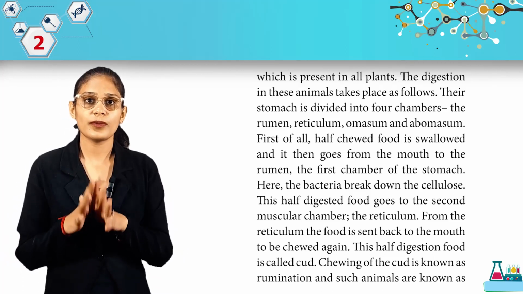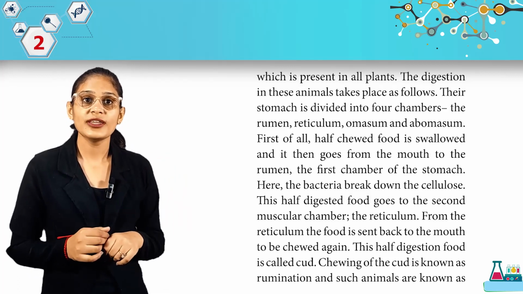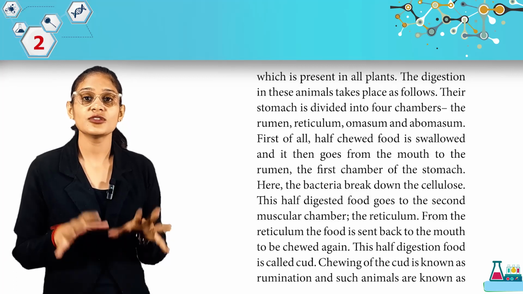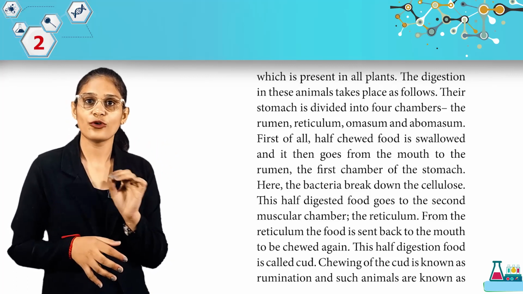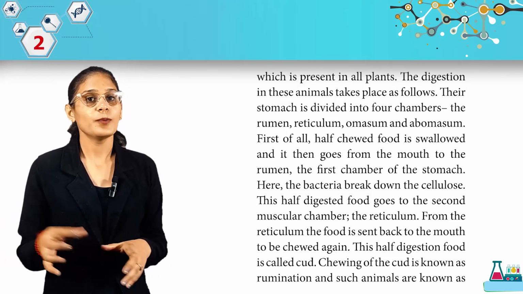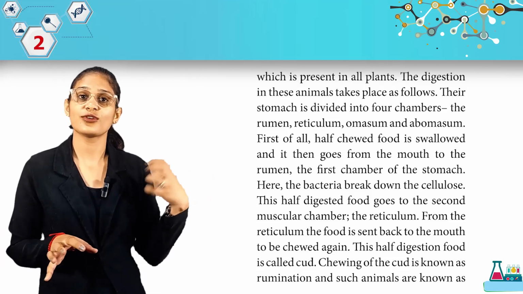So students, जो animals plants को eat करते हैं उनको हम क्या बोलते हैं? ruminants. और रूमिनेंट्स में डाइजेशन कैसे होता है स्टूडेंट्स? उनकी जो बॉडी है उसमें 4 चैम्बर्स, उनका जो डाइजेशन सिस्टम है उसमें 4 चैम्बर्स होते हैं. ओके, वो पहले वो ग्रास को ईट करते हैं, हाफ चीव ग्रास को क्या करते हैं?